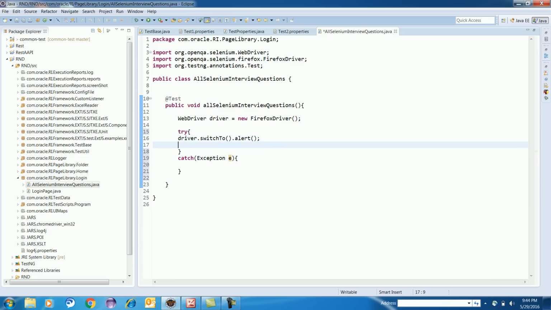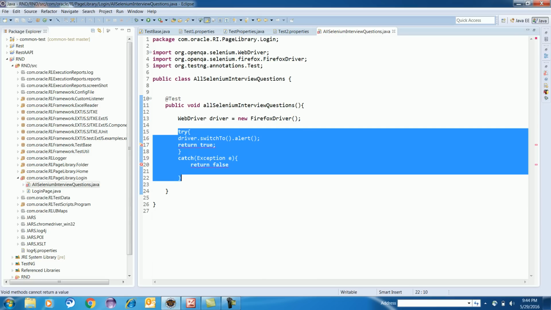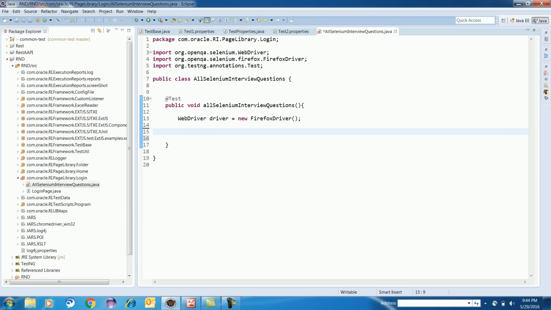So here you can write return true, and here you can write return false. But since this is a method, you will get an error here because this method is returning void and this function is returning boolean.